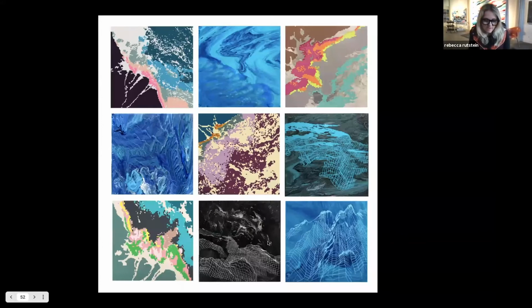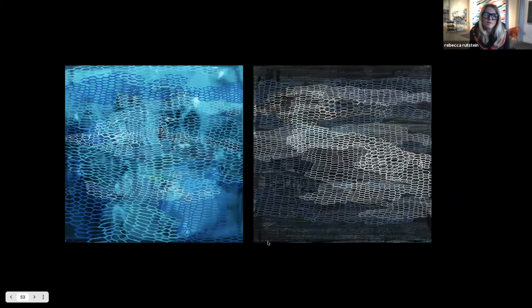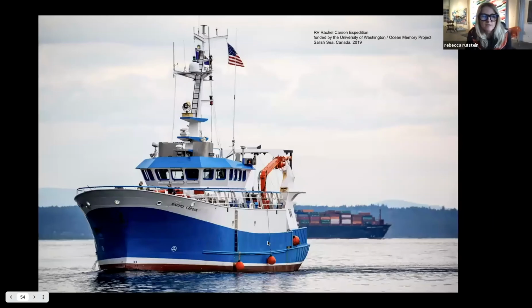And so the ocean has been a resilient and stabilizing feature of our planet. However, it's also a fragile system, as we're seeing. But we, as this collective, have been exploring how we can learn from the adaptations in the ocean, particularly in microbial networks, so that we can survive in the Anthropocene as things are shifting and changing. It's a really fascinating project that I've been involved with for a while, and it's continuing in multiple ways, but it did culminate in 2019 with an expedition at sea in the Salish Sea off the coast of